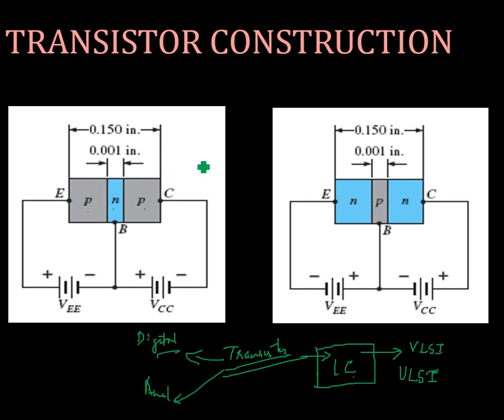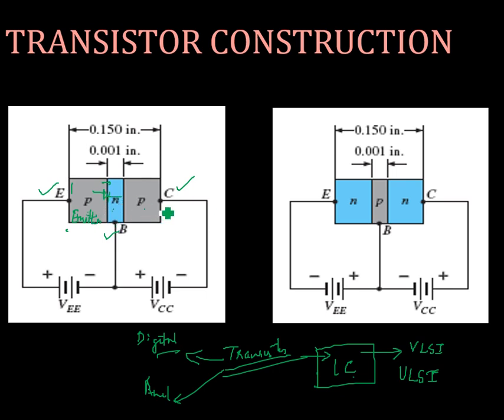So you can see a transistor consists of three terminals: the emitter terminal, base terminal, and collector terminal. E is connected to the emitter portion of the transistor, B to the base, and C to the collector. So what is this emitter? It is a heavily doped semiconductor portion which is connected to a lightly doped base, and this forms a diode here.